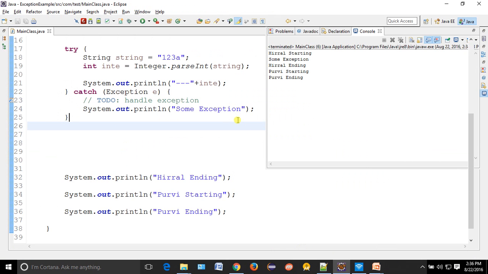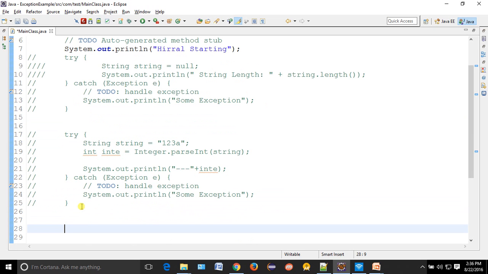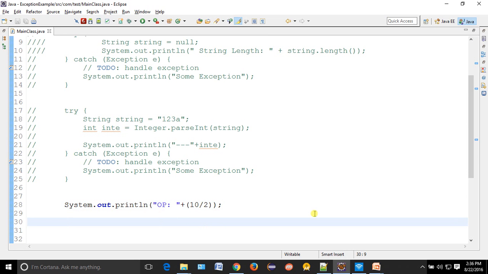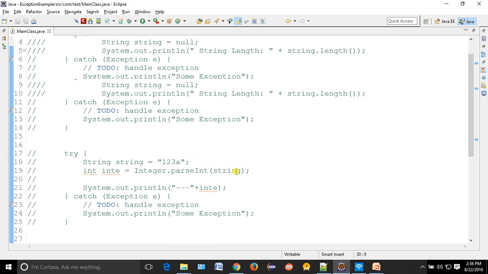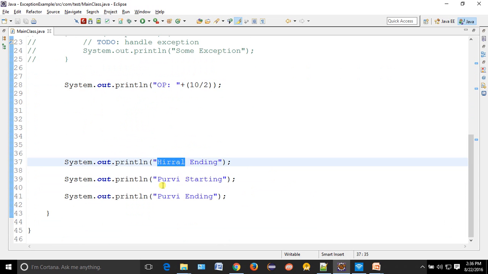Okay, so let's try to do this in our code, very simple. We will do the same thing. Suppose I do system.out.println. I am printing some output, I will give the name OP, maybe output. And what output am I giving? 10 divided by 2. So what should the output be? 5. So here starting, output is 5, here ending, Purvi starting, Purvi ending. Okay, so let's run this code